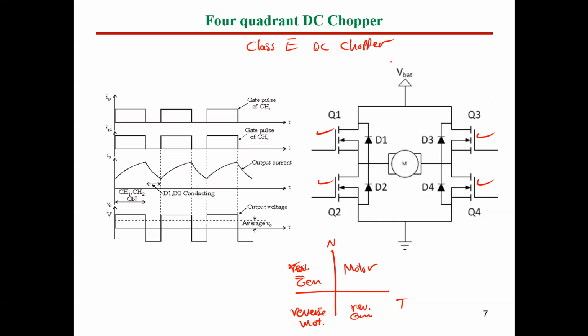Okay, you can find this circuit. By the way, it's very cheap now in industry, so you can get one chip. This chip includes 4 transistors, these diodes, and even what's called a driver circuit, because we need drivers in such circuits in order to drive the MOSFET by the proper signal. Okay, so all of this can be included in one chip, and the module can be like $4 or $5